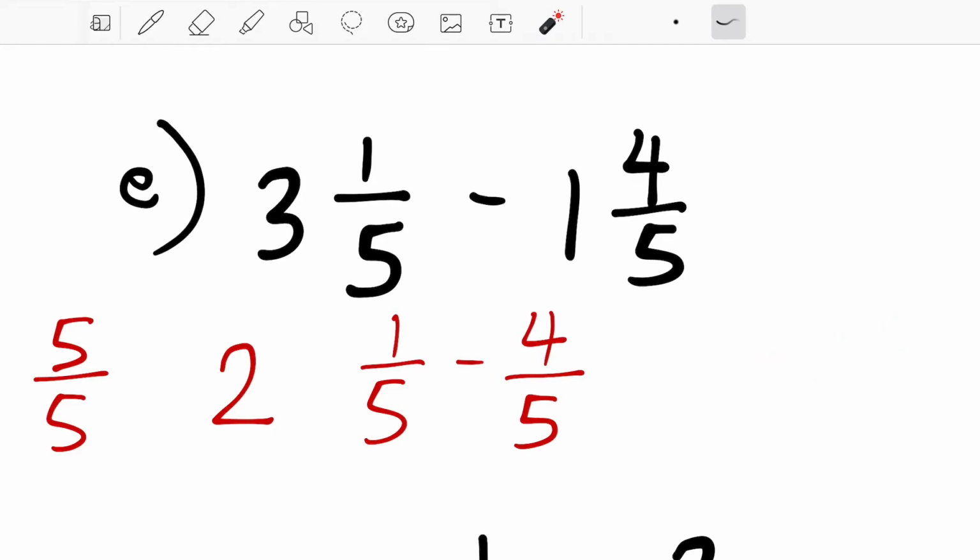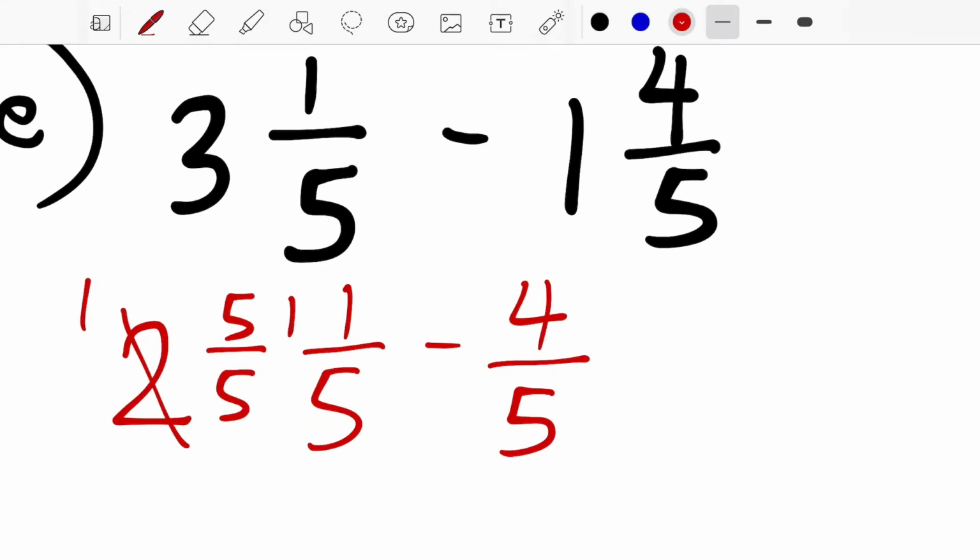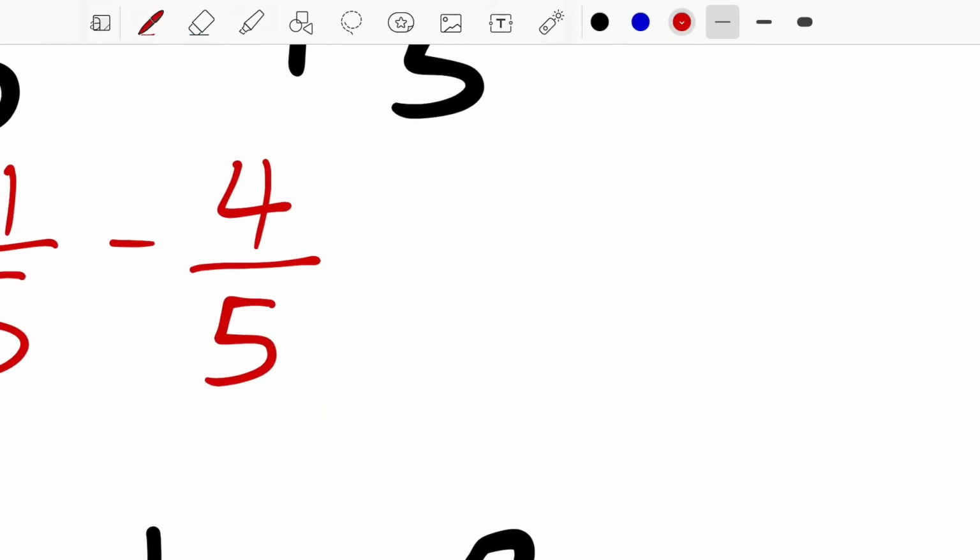So we can take 1 whole from the 2, we will remain with 1, and we can carry over 5/5. So 5/5 plus 1/5, some persons write it like this: 5 plus 1 is 6. So that is 1 whole and